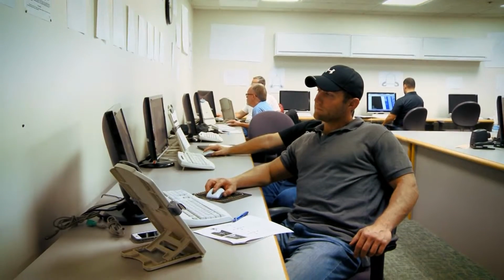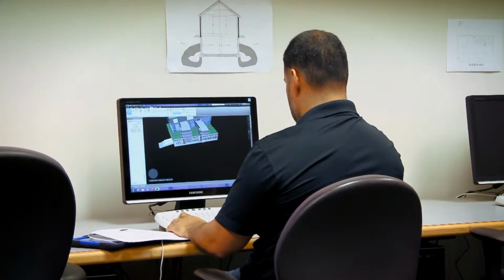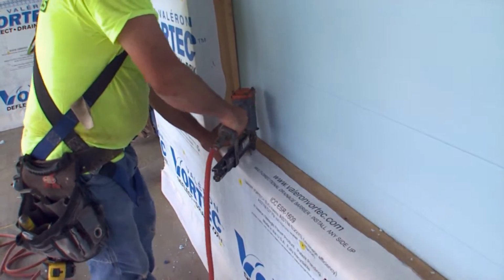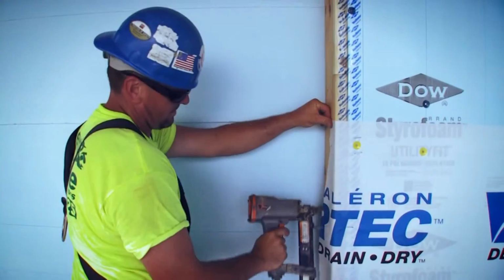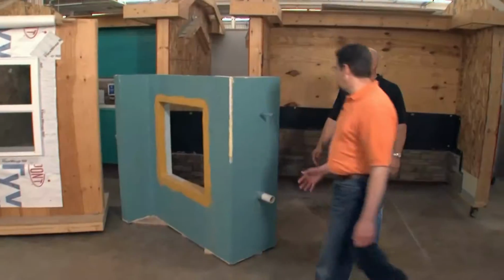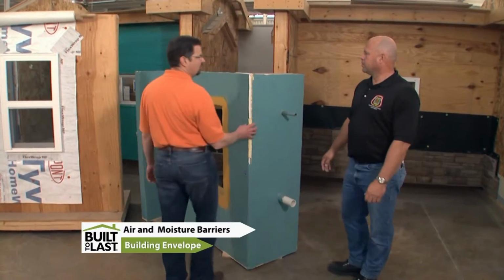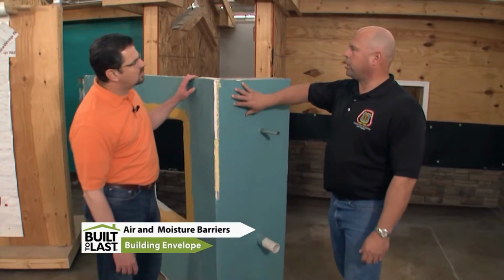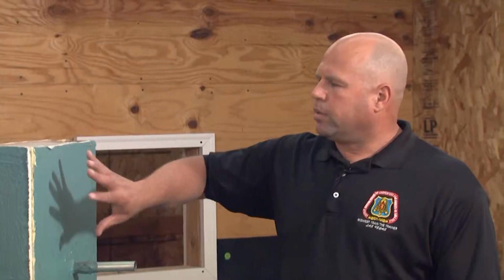Back at the Carpenter's Apprentice and Training Center, Craig explains the importance of an air and moisture barrier. Now, Craig, is this a good example of the liquid applied moisture and air membrane? Absolutely. Our liquid applied membrane here basically is an air and moisture barrier for our exterior portion of the building